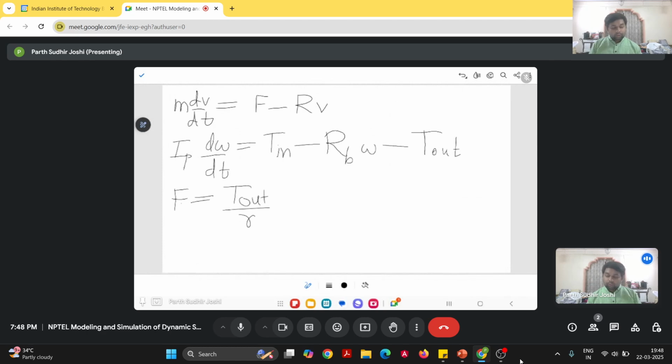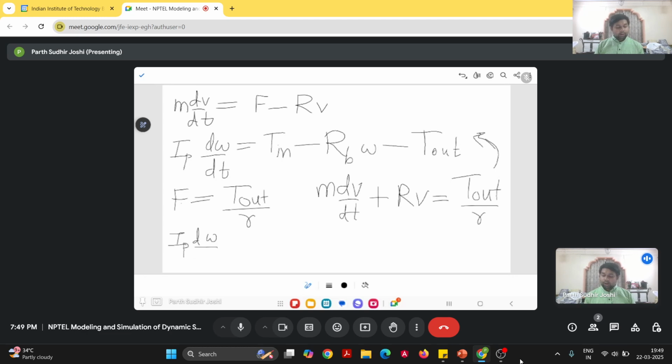So m dv by dt plus R into V is the force F, which is T out on R. We get the expression for T out from this, which we can substitute in this equation. So what we get is I into d omega by dt is T in minus the bearing friction minus